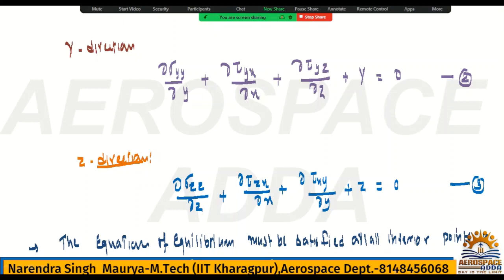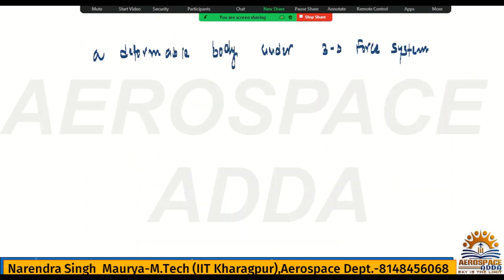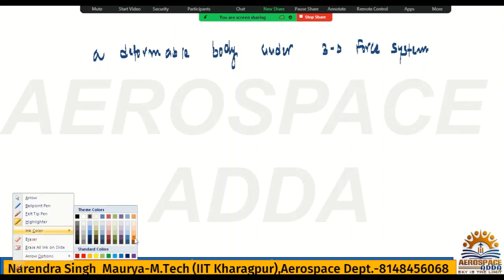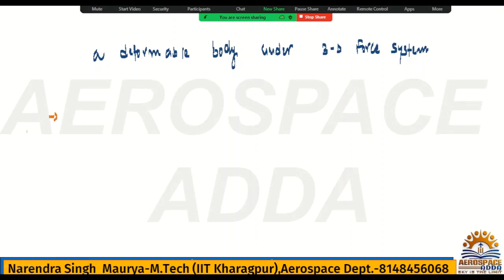Always remember, this is for 3D system. For 2D, you can write, this is the notes you need to remember. Very important from an exam point of view. You can write here: equilibrium equation for